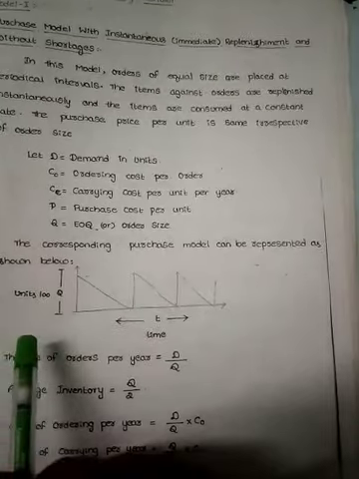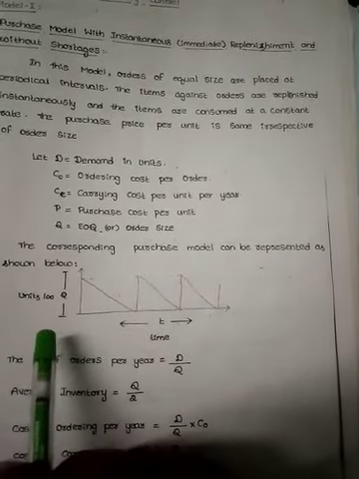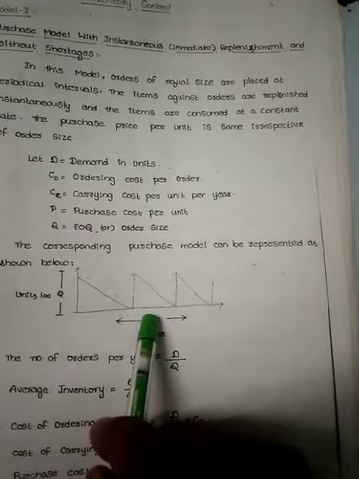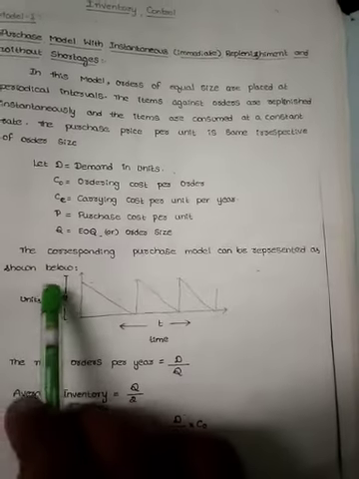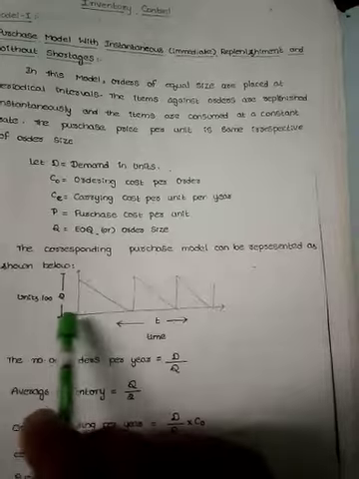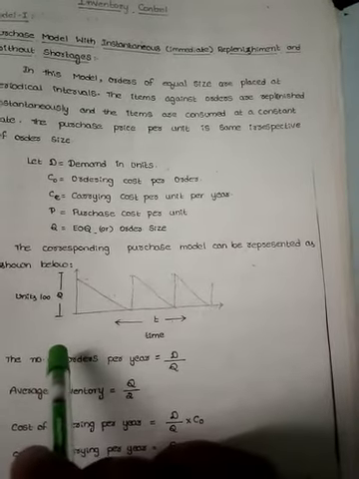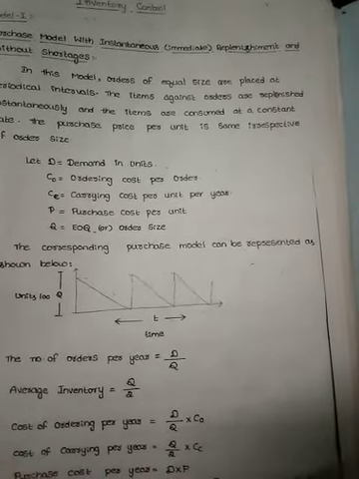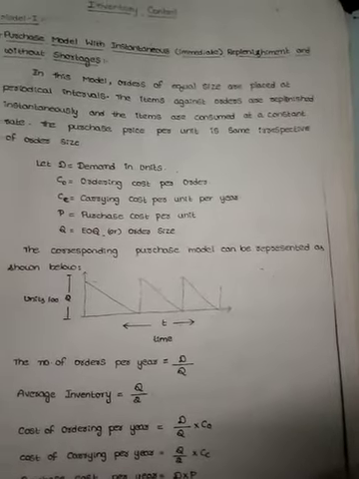Here, let time be on the x-axis and units on the y-axis. The graph is represented like this. To find the inventory cost per year, we have some formulae. Those are